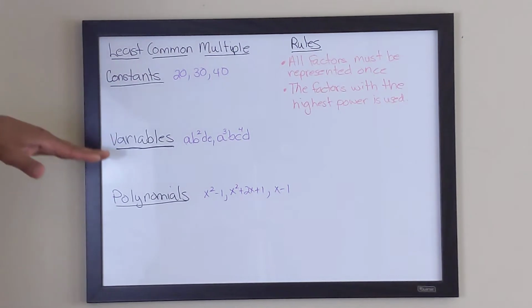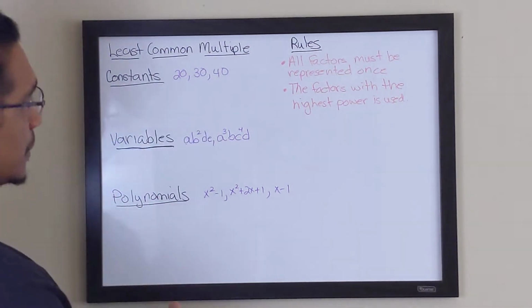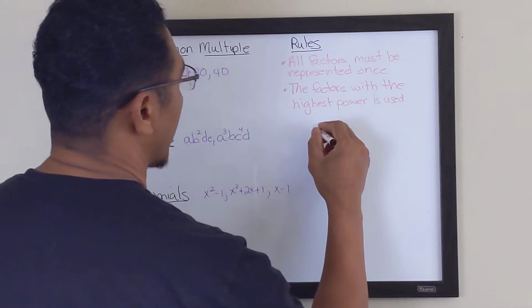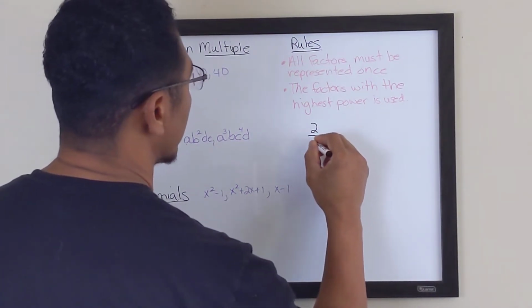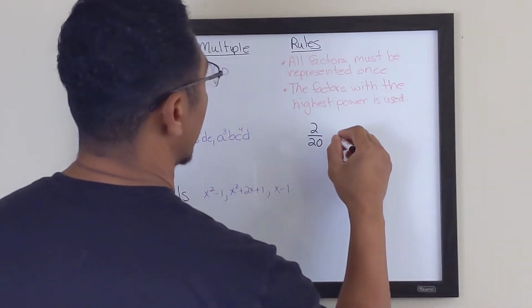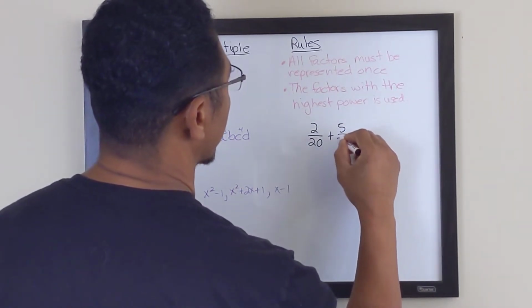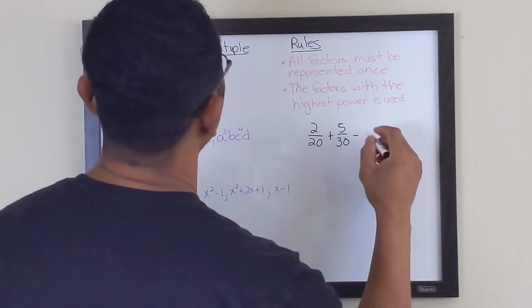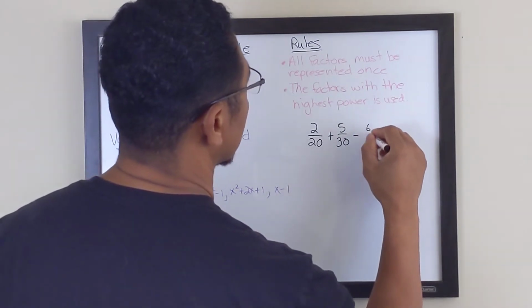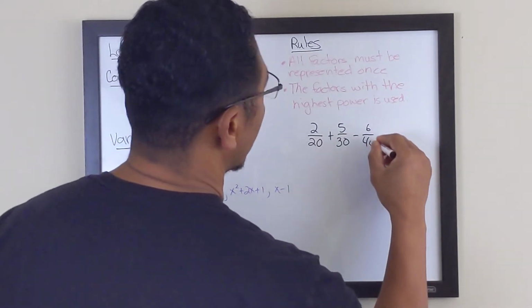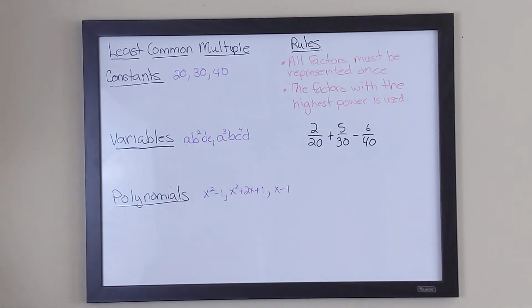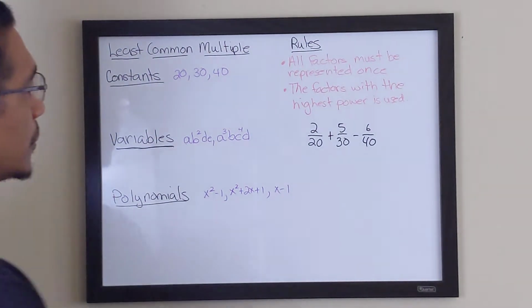There's three categories in which we're going to find the least common multiple. One of them is constants, the other one is variables, and the other one is polynomials. So suppose, like with constants, we have something like 2 over 20, plus, I don't know, 5 over 30, and minus 6 over 40. Okay, suppose we have a problem like this, in which we have three different terms or three different fractions that